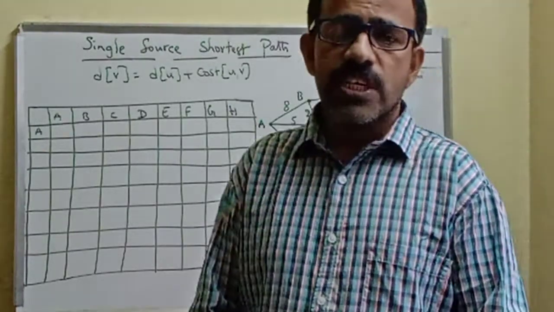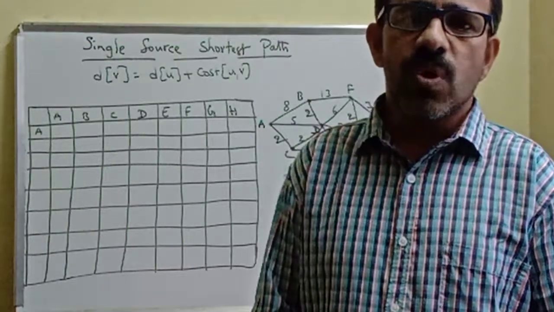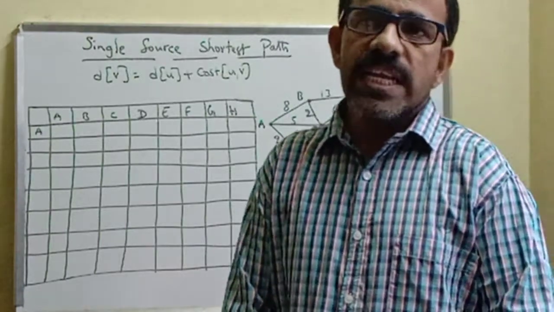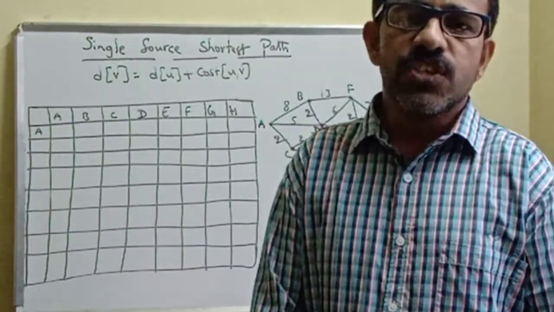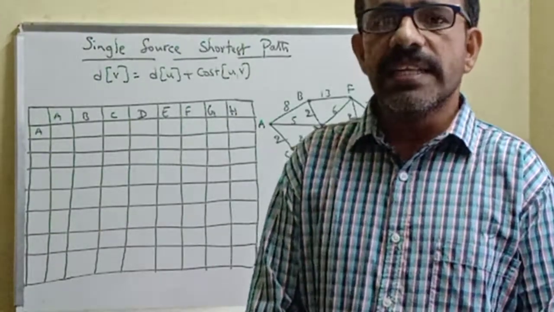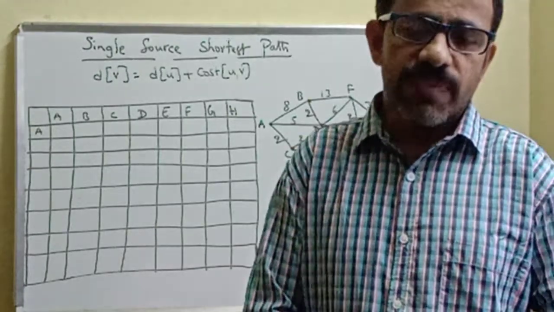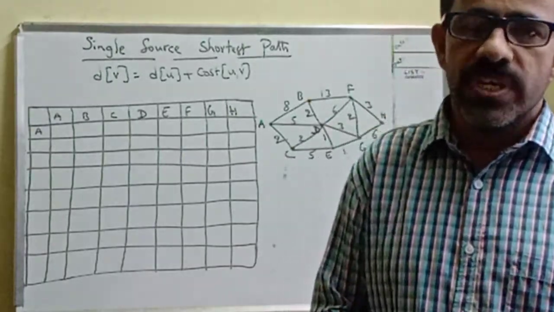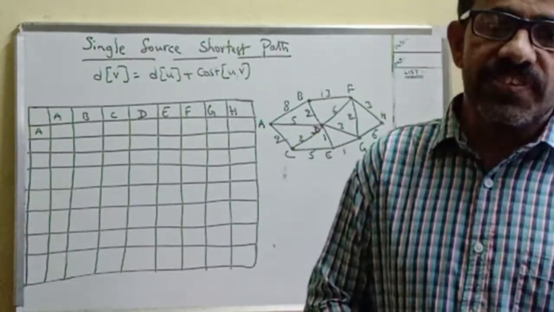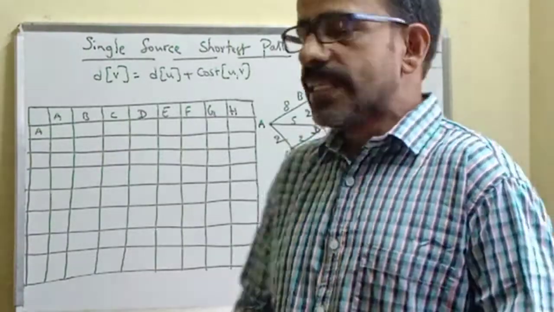The main aim of the single source shortest path problem is calculating the shortest distance from the fixed source to all the remaining nodes. Single source means, as the name itself shows, fixing the source node in the given graph and calculating the shortest distance from the fixed source to all the remaining nodes. That is the target, and also displaying the path. We can also construct a path between the fixed source node and the selected nodes.